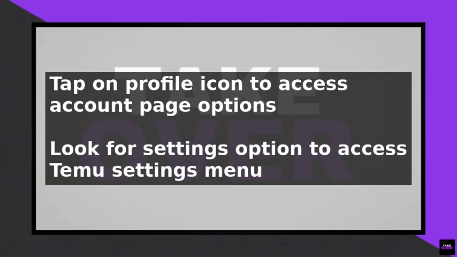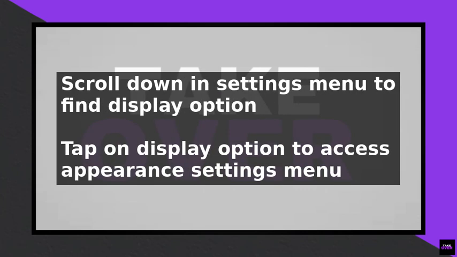In the settings menu, scroll down until you see the display or appearance option. Tap on this option to access the display settings, where you can adjust the appearance of the Temu app. Look for the dark mode or night mode option and toggle the switch to turn it on. This will change the background color of the app to a darker color, making it easier on the eyes, especially